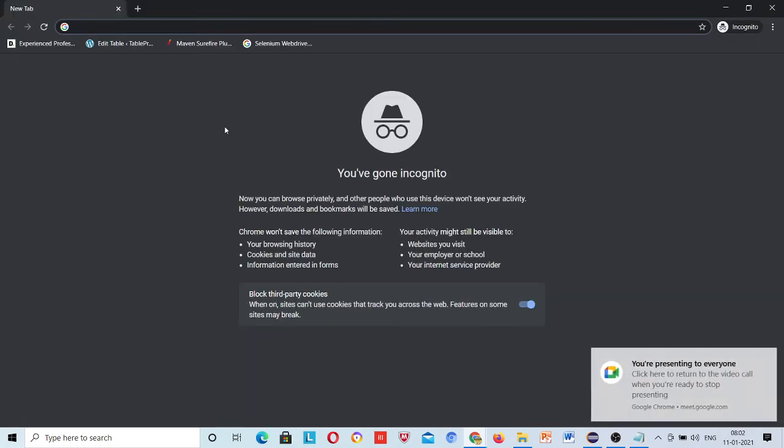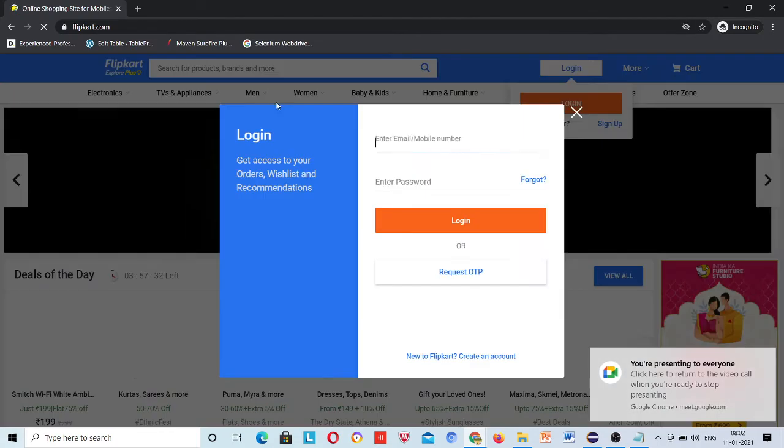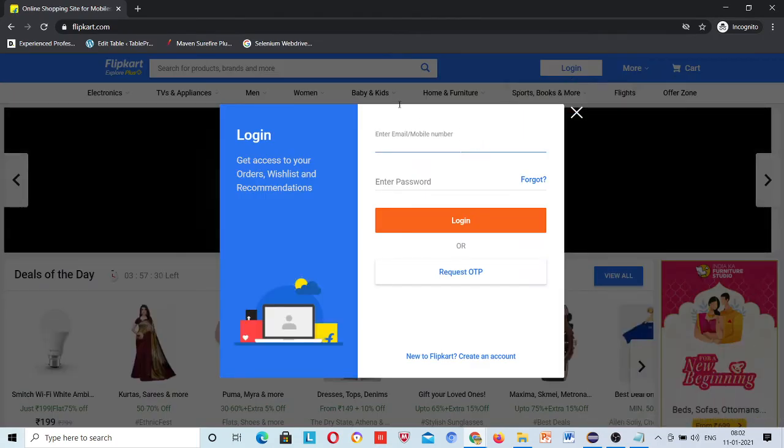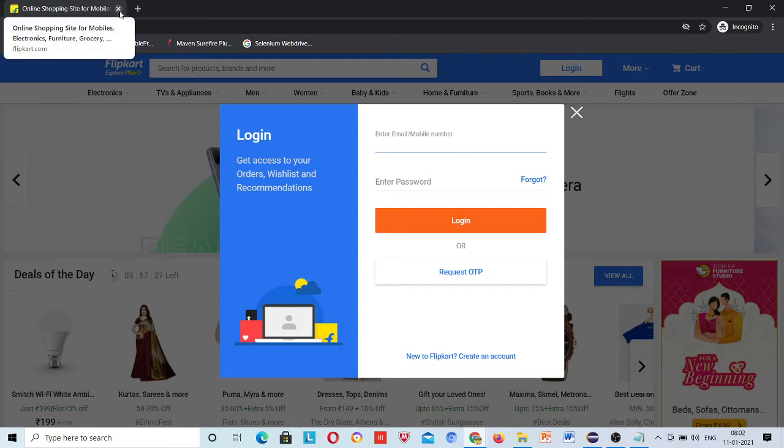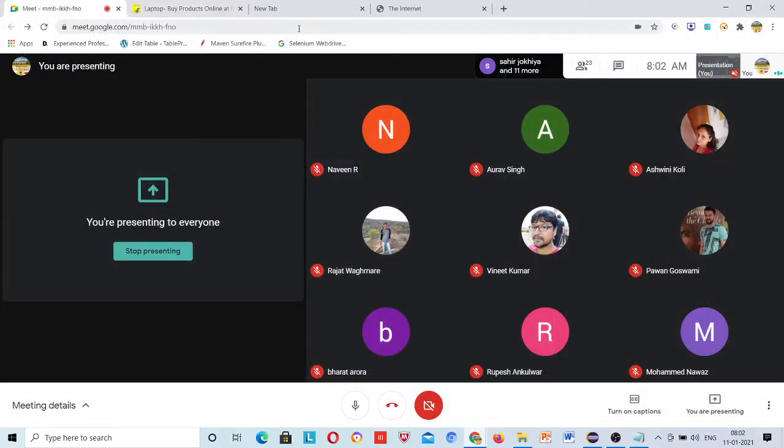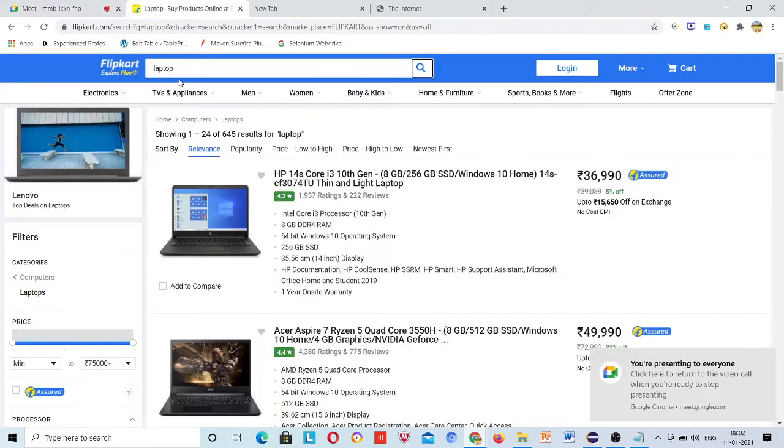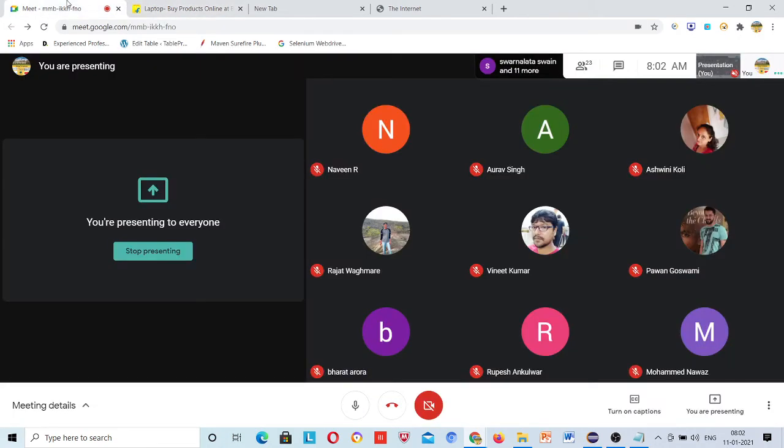But incognito mode, let me show you something. Here, okay, this pop-up is coming, right? But this pop-up is not coming with the normal browser, because I am already a user of this Flipkart. Flipkart knows that I am already a user and my cookies are saved here. So Flipkart is not giving me that pop-up, but once you launch your script, that will be coming, right? In that case the script will fail because you have not handled that, right?